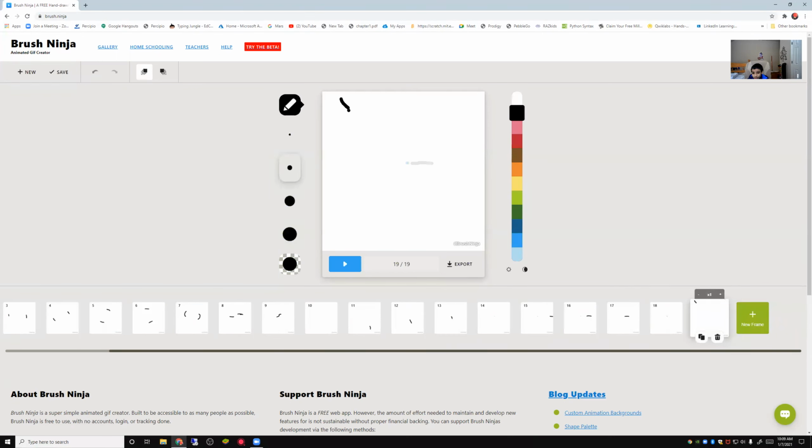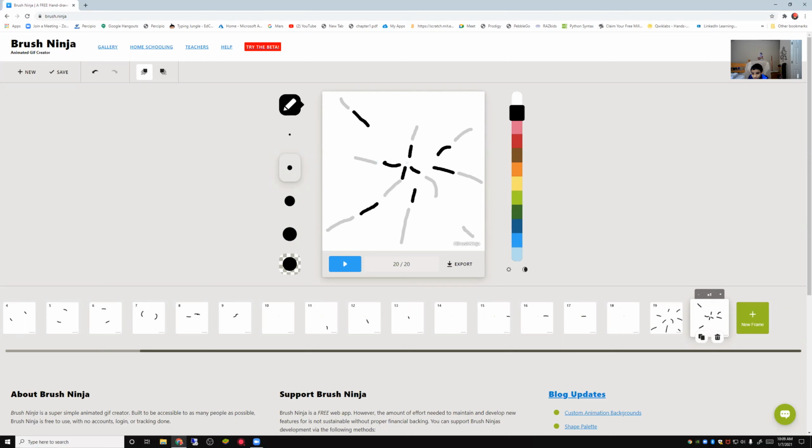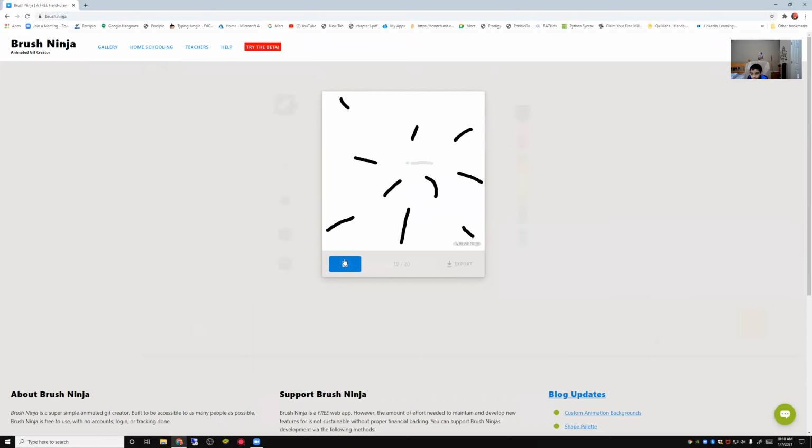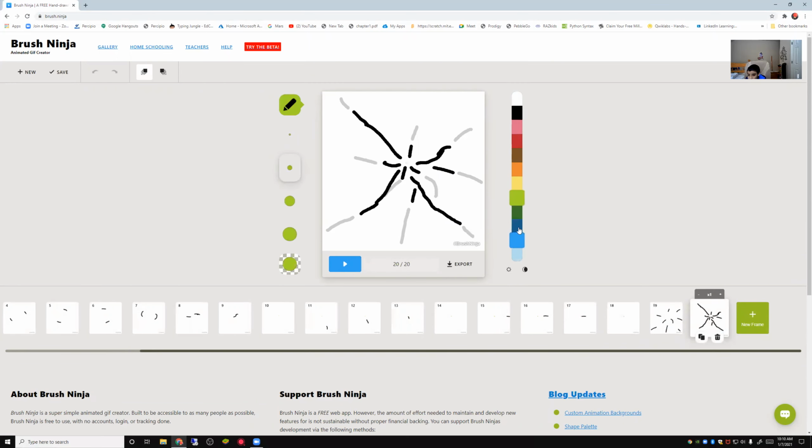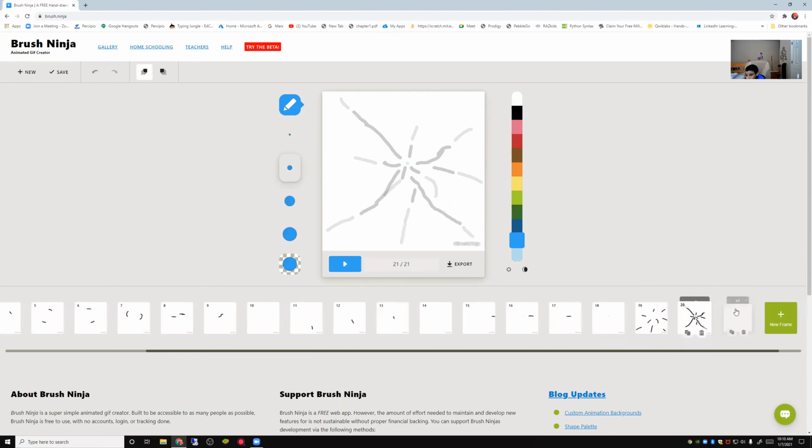I'm gonna have tons of black dots coming in. So now I need to animate each one. Okay. Let's make these go super fast. And then, yeah. So now it goes just like this. Okay, I think that works. Now, here is the blue dot. And